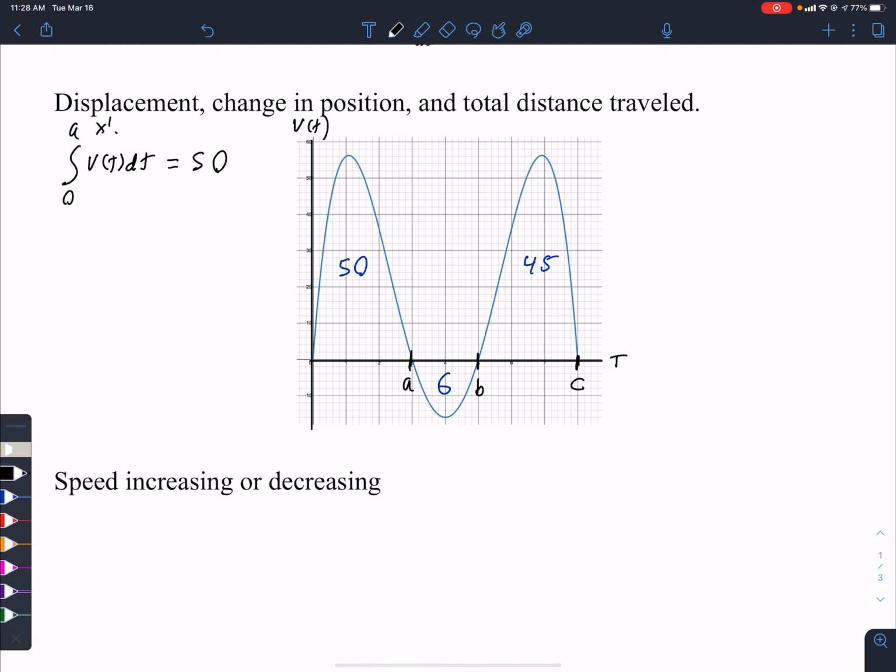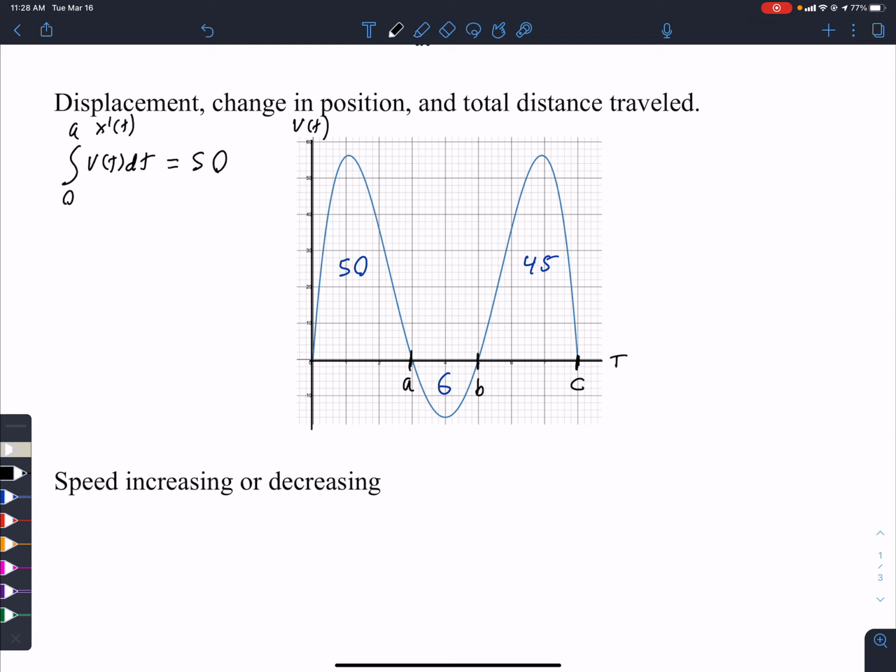Velocity is the rate of the position. And remember from our accumulation section, when you integrate a rate, it gives you the change in what it's the rate of. So if velocity is the rate of the position, that means the position changed 50. It moved 50 spaces to the right. That's known as change in position